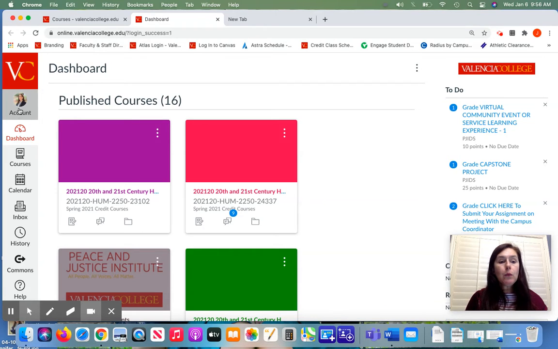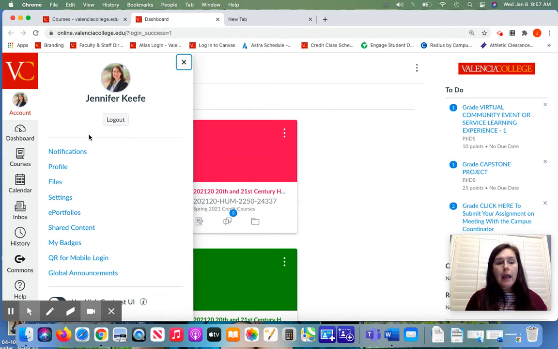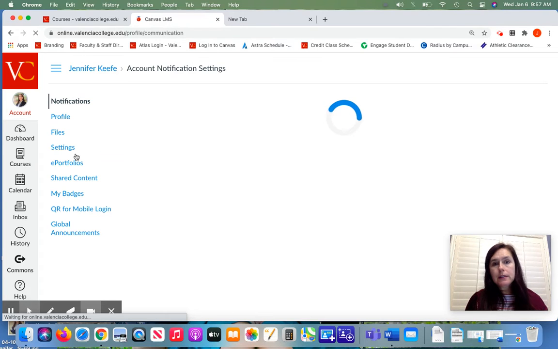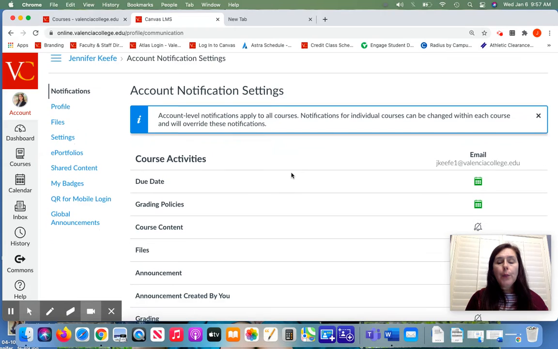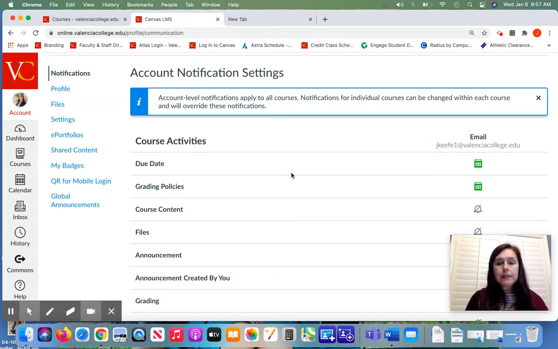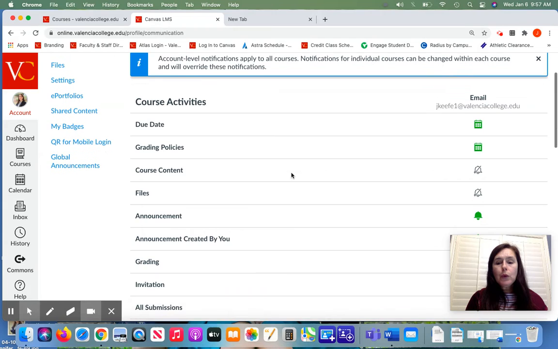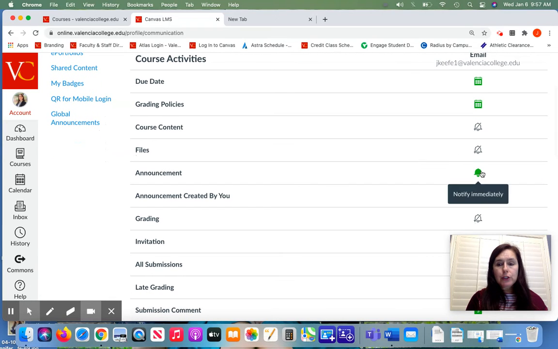So the first thing that I want you to do once you get into Canvas is click on the Account tab, and go to Notifications. This is something that you don't have to necessarily do every semester. I think once you're set, you're set. What you see here is a variety of things that you can be notified about within each of your classes. Now, I would recommend strongly that you make sure that the